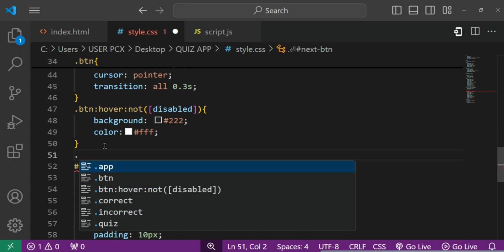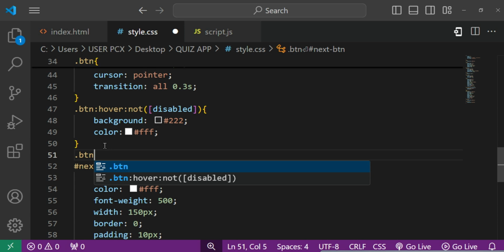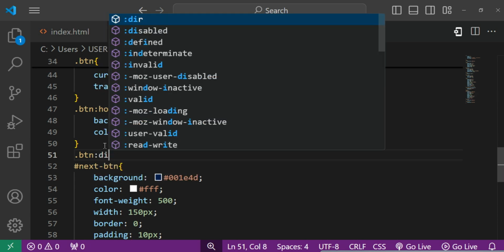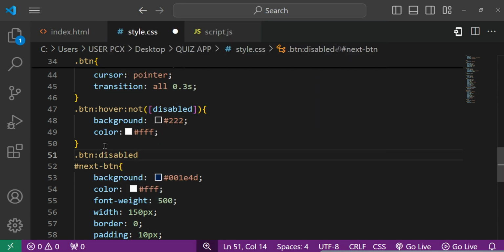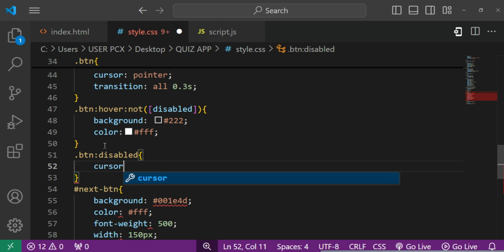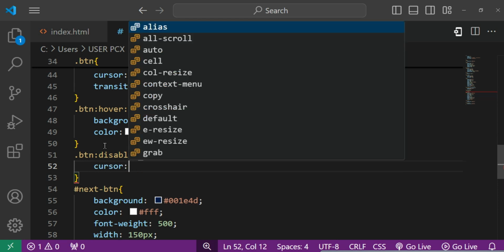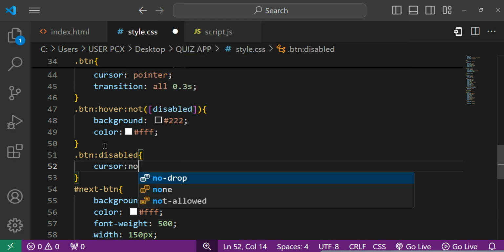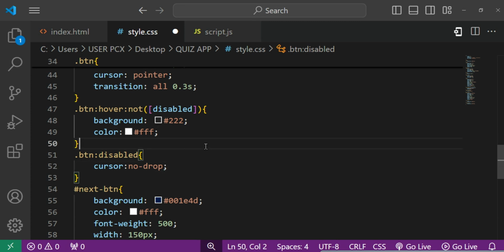So .btn disabled. So cursor no drop. So save. So let me save,